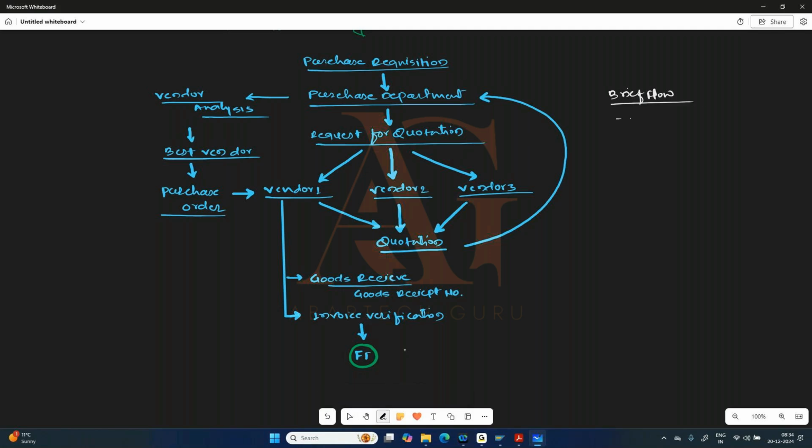You can just call them these 5. Very first, we are going to create the purchase requisition, like what you needed for yourself or department. And based on that, we are requesting the quotation for the different vendor. Vendor is nothing but your shopkeeper. Based on that, you are going to finalize the order,